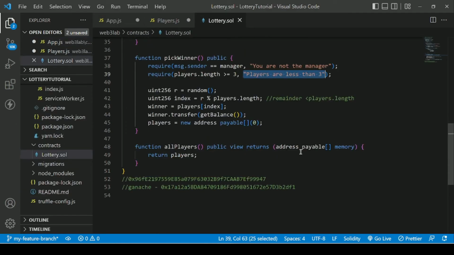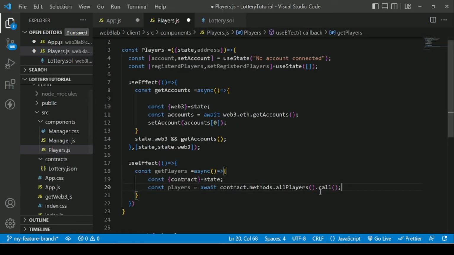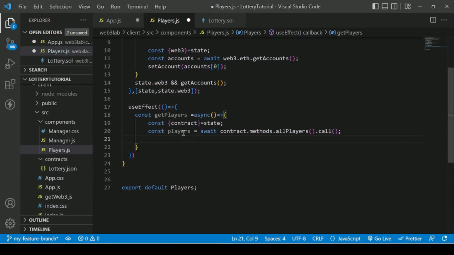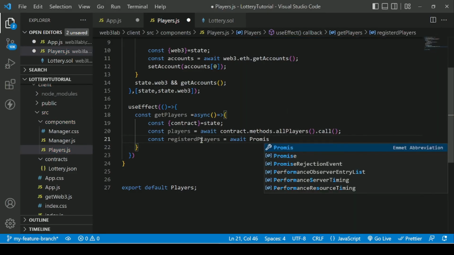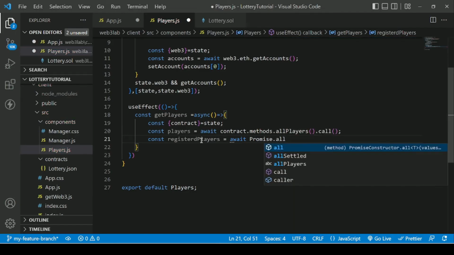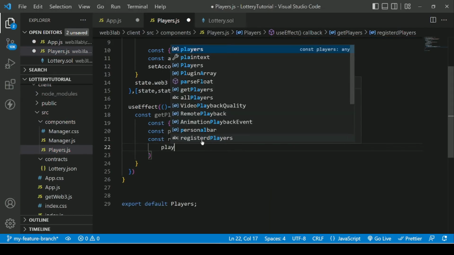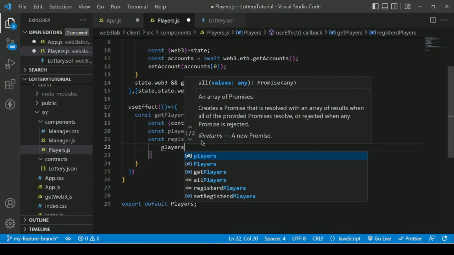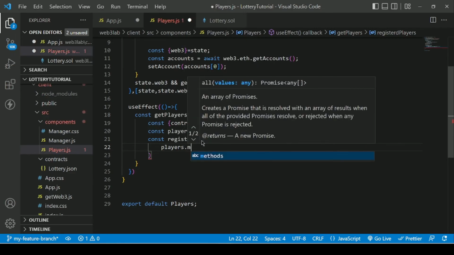So this allPlayers, you can clearly see that this is actually returning us an array, right? So now we have our array inside our players variable. Now we need to map it. So I'm again using registered players, await Promise, since we have to resolve all the promises. And in this I will have my players dot map